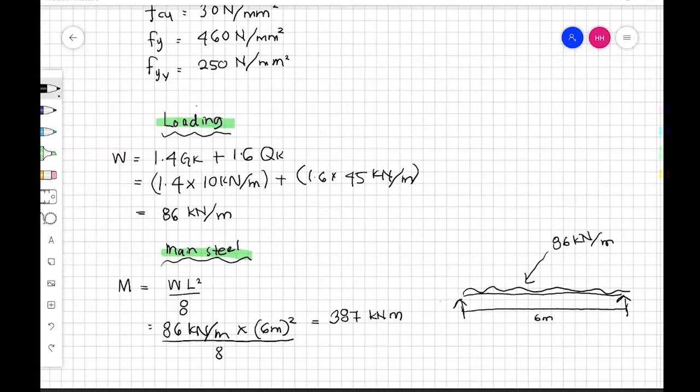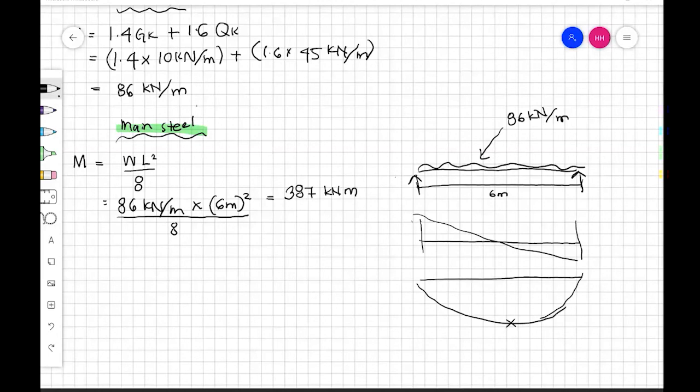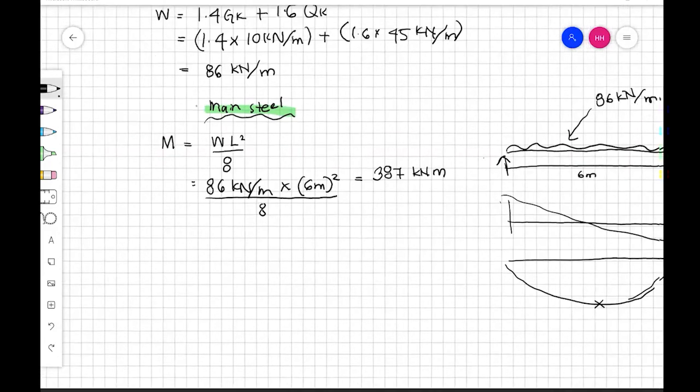Okay, so kita sebenarnya tengah lukis SFD, BMD. Ini dia maximum bending moment using this formula lah. Kita pakai formula ni, kita terus dapat this maximum bending moment without the needs of nak lukis SFD and BMD. This is like shortcut cara ni. And after that, kita mesti compare dengan ultimate moment resistance, which is formula